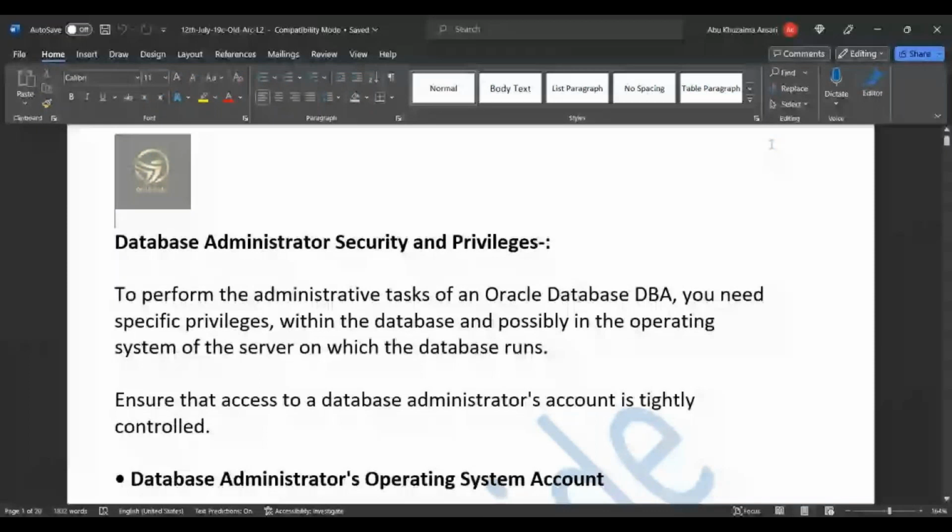So today we will discuss database security and privileges. Why is this required? Because if every user has all privileges, he can perform many things. So for that, Oracle has given user-wise privileges. To perform the administrative task on an Oracle database, the DBA requires some specific privileges within the database